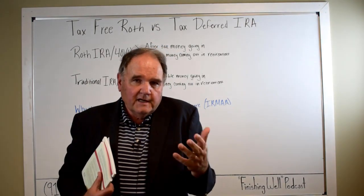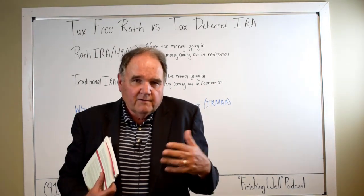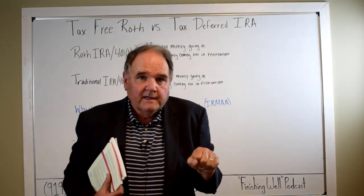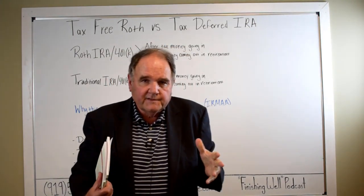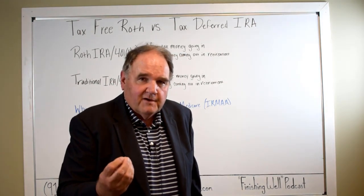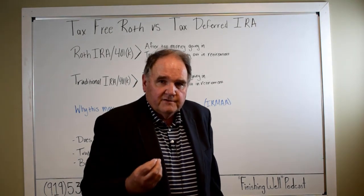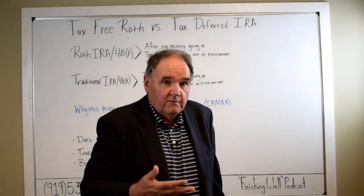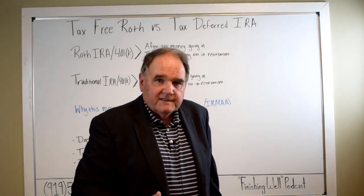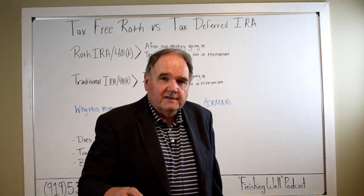and it can also be solved with just a non-qualified savings account or investment account where he's already paid taxes on the money, where he just has savings that he can go get in an emergency or a crisis or for something special. But a Roth IRA serves that purpose greatly. And my guess is he's already made those changes to his contributions, and if he works 3 or 4 more years, which he might do, he could have $60,000, $70,000, $80,000, $90,000 built up in just that Roth section